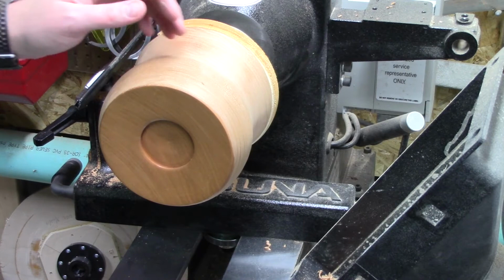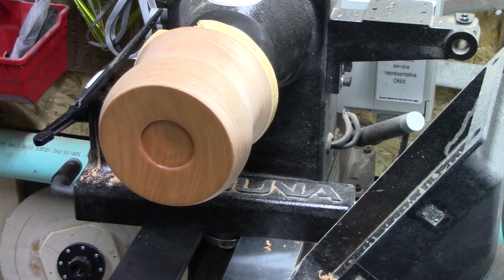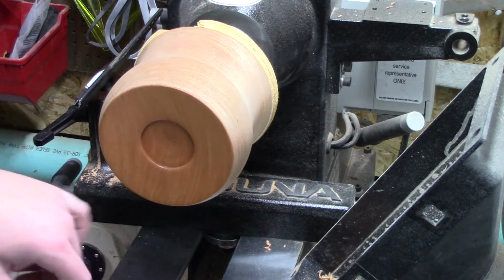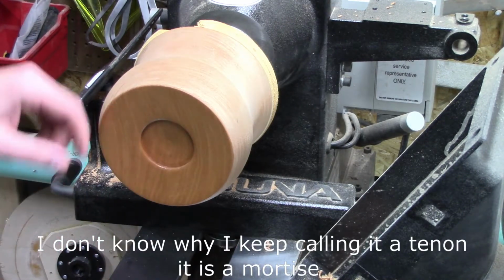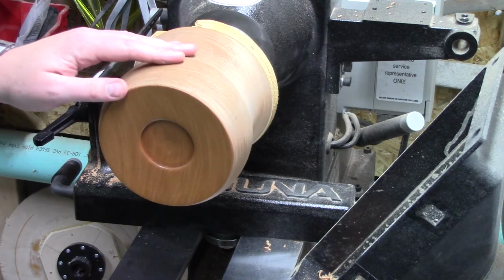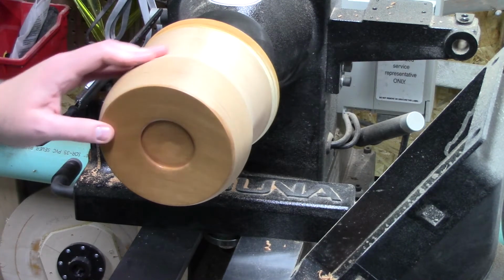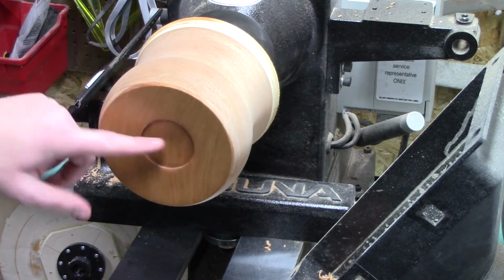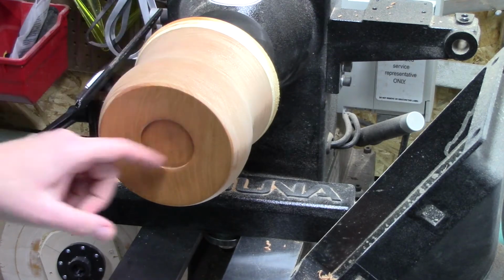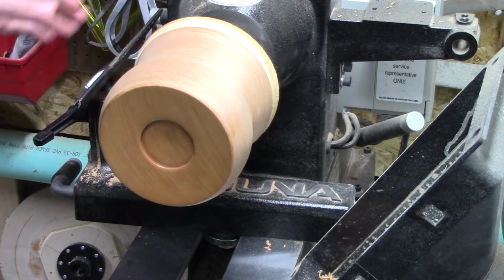So a couple things I did while finishing the bottom. I sharpened my parting tool, my beading tool, and my skew chisel, and I recut this tenon more perpendicular, and I sanded up through 400 grit, did the abrasive paste, and then finished it with some beeswax mixed with linseed oil. So now I'm going to flip it around and